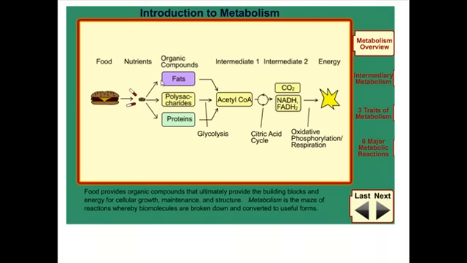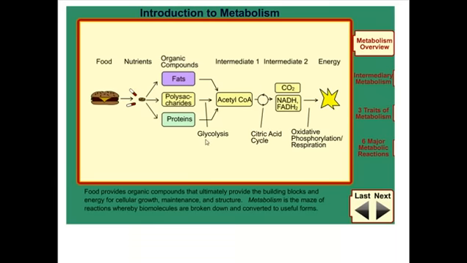There are mainly three types of food that we normally eat: polysaccharides, which are the maximum part of the food that we eat, then proteins, then fats. All these types of food are important for our body to function properly. These foods are normally called polymers of macromolecules, as we have discussed, including their structures and functions, and these biomolecules or organic compounds are further broken down via steps called the metabolic pathway.